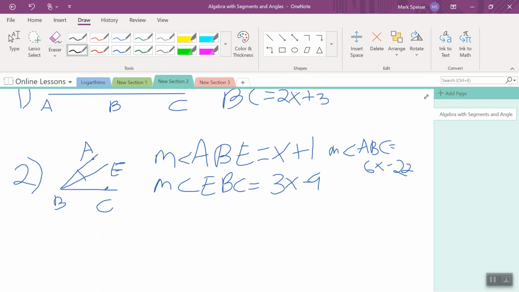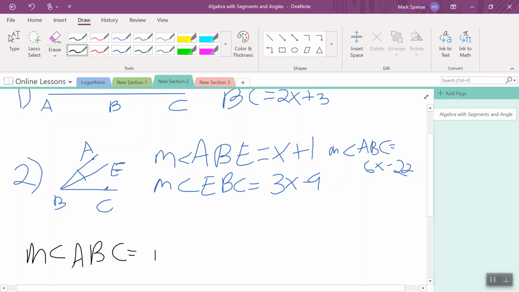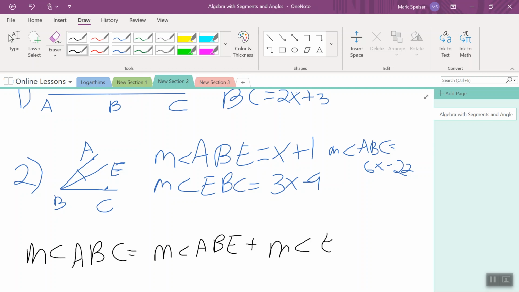So it's the total angle, measure of angle ABC equals both of its parts. Measure of angle ABE plus the measure of angle EBC. And both of these ideas work based on two concepts, which we'll go over much later on in the course. Mainly the whole is equal to the sum of its parts, and the angle addition axiom, or the segment addition axiom, which lets you add